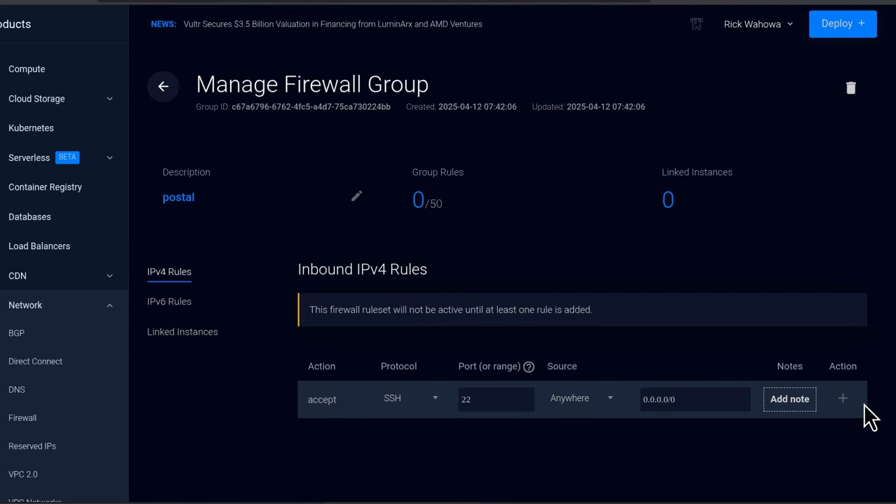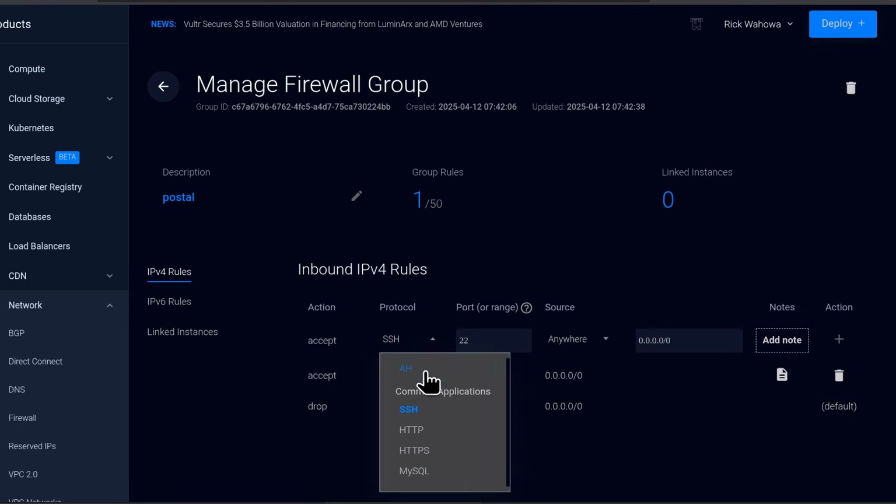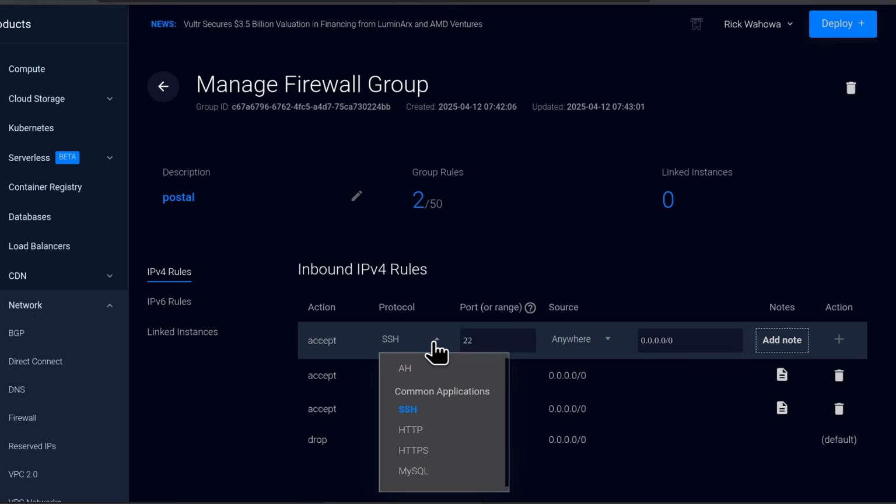So for IPv4, I'm going to add a rule. Click on the plus. And the first rule I want to add here is HTTPS. I'm just going to allow HTTPS only. I'll go to the next port. I need to allow the SMTP port, and by default, Postal uses port 25, and they actually recommend using port 25.